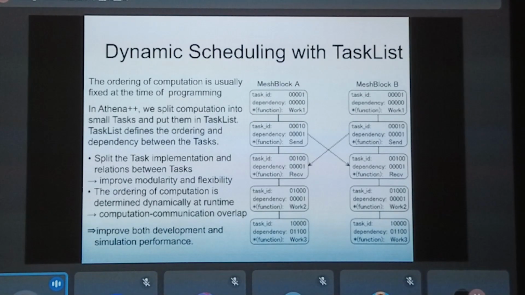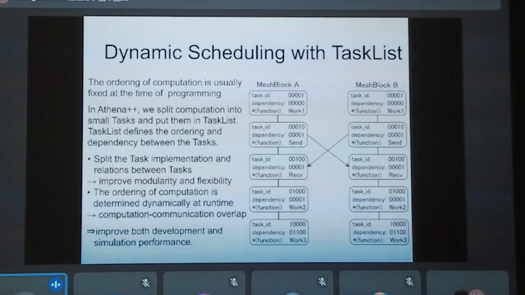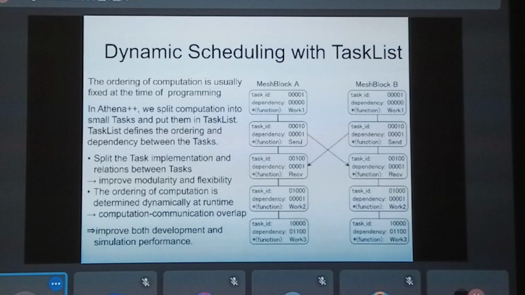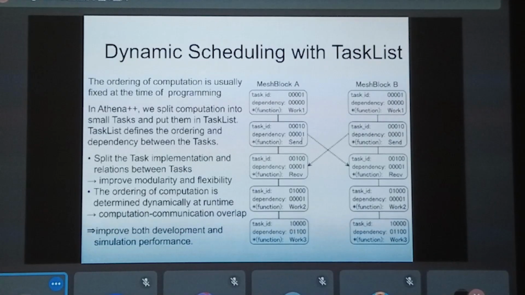So on mesh block A, first we run this work 1, and then we want to send the result to the neighbor. So that's this send task. And this send task has a dependency on the first task, this task ID 00001. It's set here as a dependency flag in this second task.